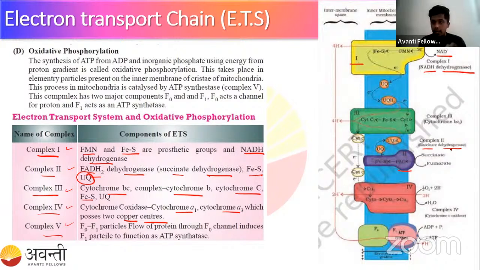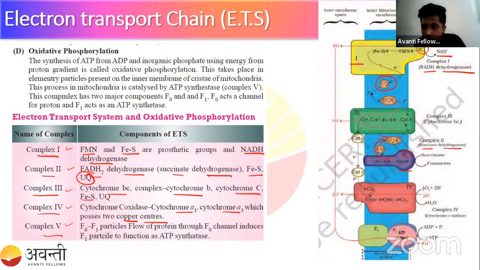Whatever these electrons are produced by the oxidation of these two important components, the electrons that are released by this process are given up to an electron carrier present in the inner membrane of the mitochondria. So who is this electron acceptor? This electron acceptor is called ubiquinone. Understand this. Once ubiquinone receives these electrons from complex 1 as well as complex 2, now this ubiquinone